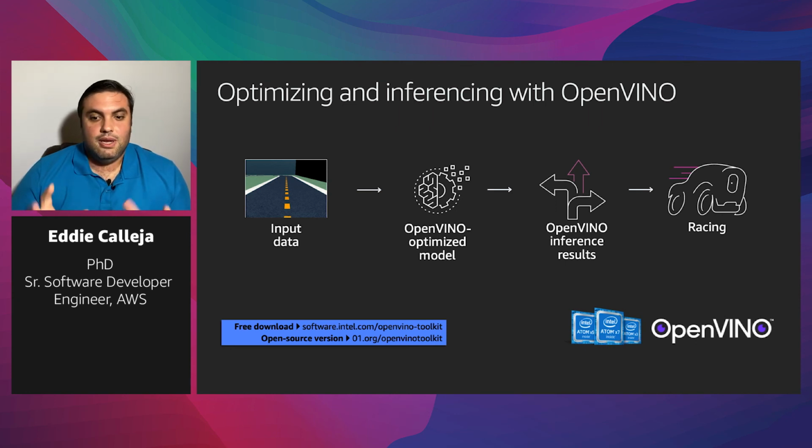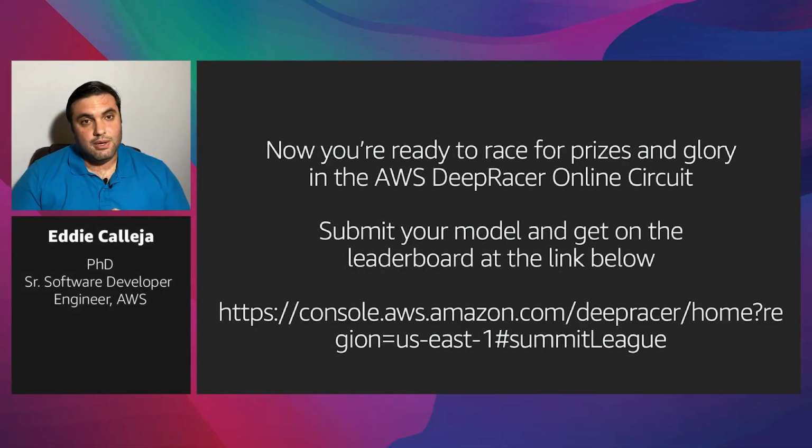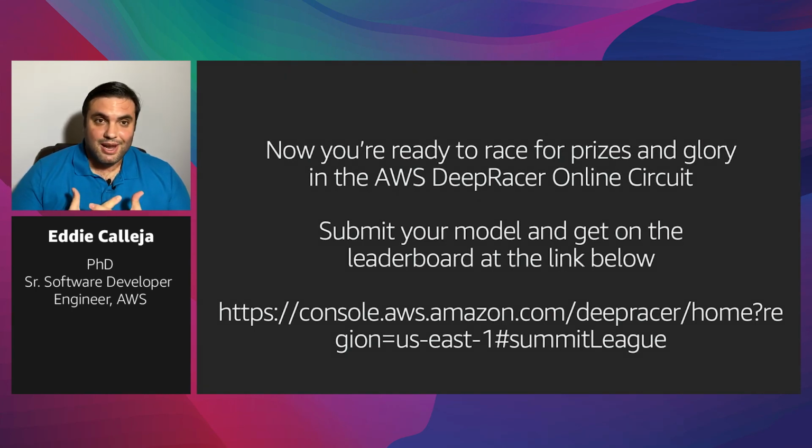So with OpenVINO, you take the input in the car through the camera. It goes to the OpenVINO optimized model. It takes an action, and that's it. You're off into the races at that point once it gets on there. So that's it. You guys are ready to take this and start your reinforcement learning journey. And I hope to see you out there. My favorite part of this talk is when I can say, developers, start your engines. I want to see you guys on the leaderboard, and I'm looking forward to it.